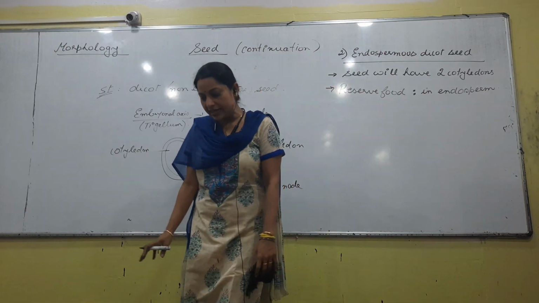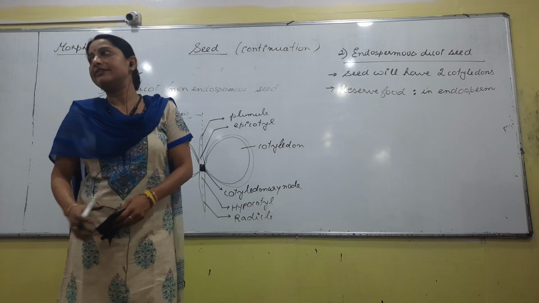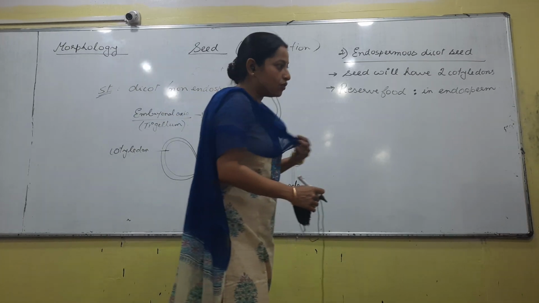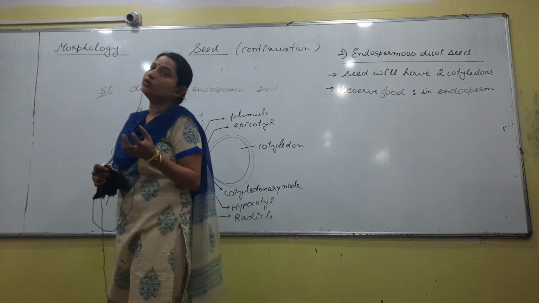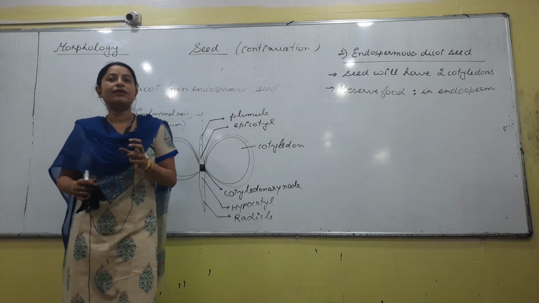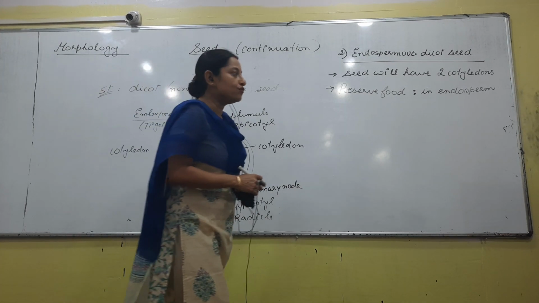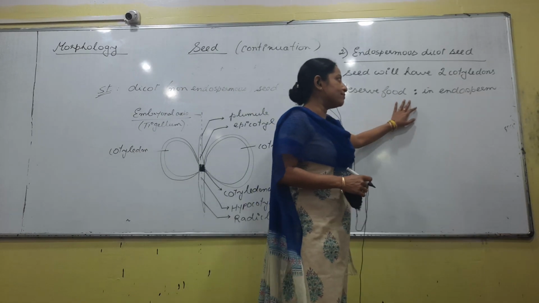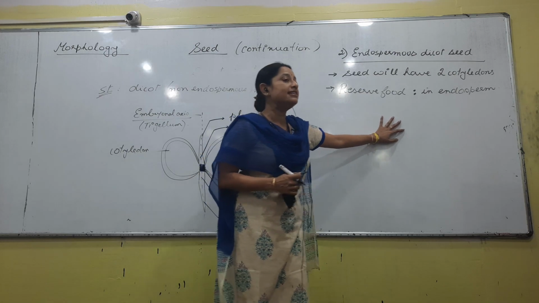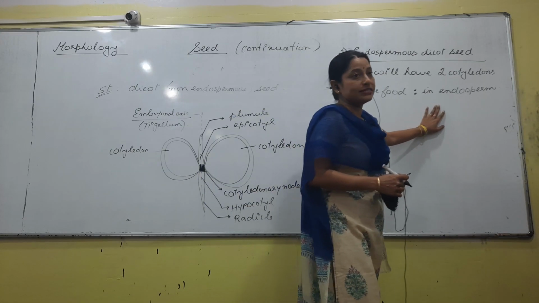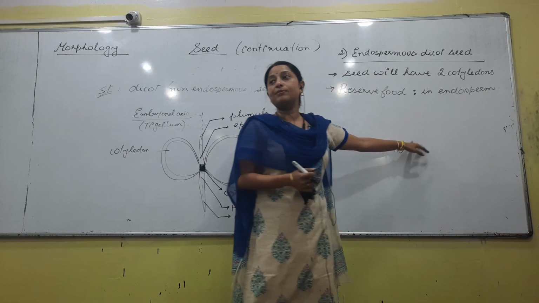Right, we know that from a seed the baby plant gets germinated, and if the baby plant has to grow, then obviously it has to get some food. Food will be there in the seed. What is that area where the food is reserved or stored? If you are talking about an endospermous seed, then we know the food remains stored in the endosperm, but not all seeds are endospermous. There are certain seeds that are non-endospermous also.